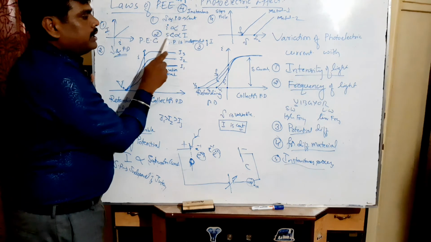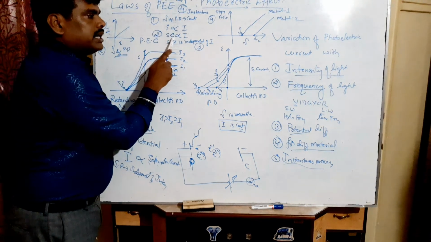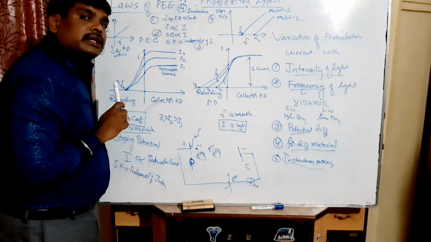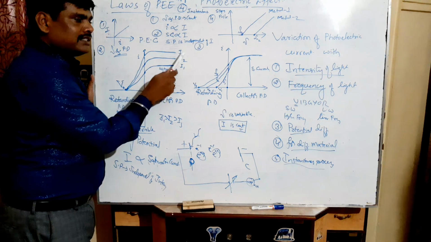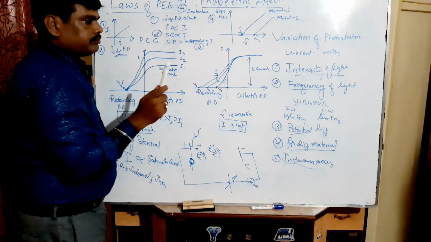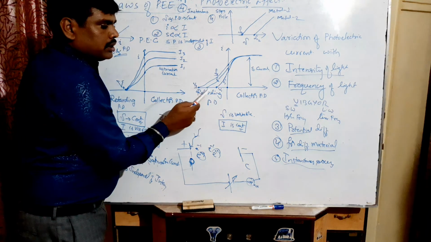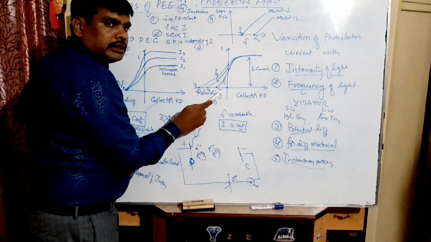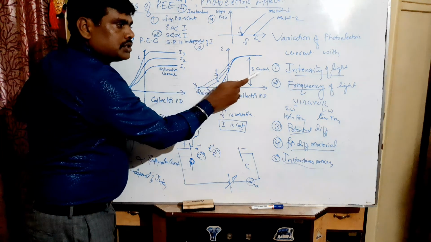The second statement is: for the given photosensitive material, saturation current is directly proportional to intensity, but stopping potential is independent of intensity. Clear now? Here, third statement, saturation current, stopping potential: for the given photosensitive material, stopping potential is directly proportional to frequency, but saturation current is